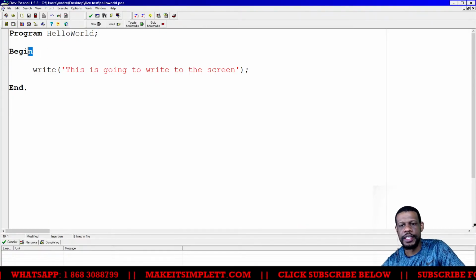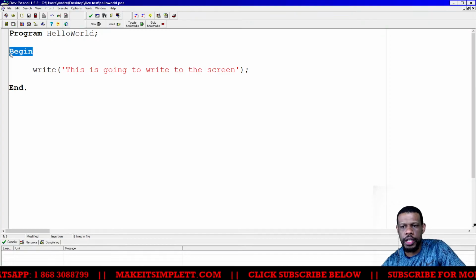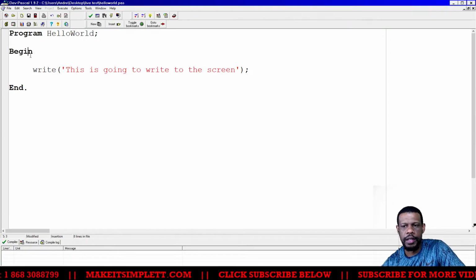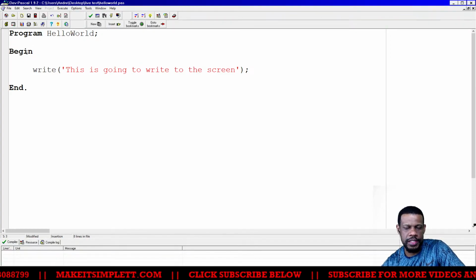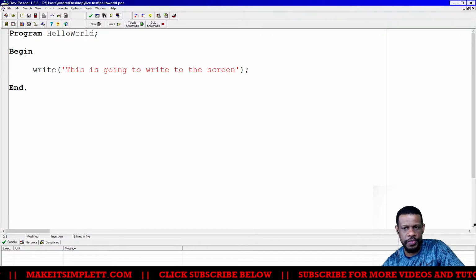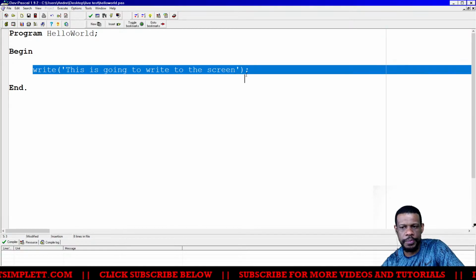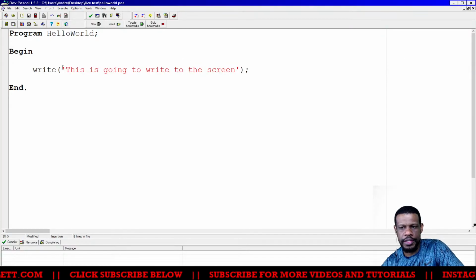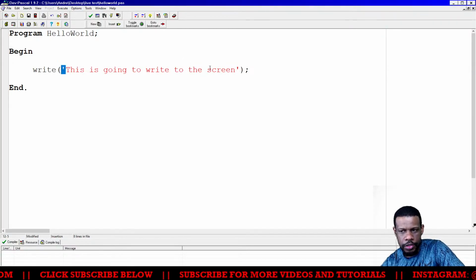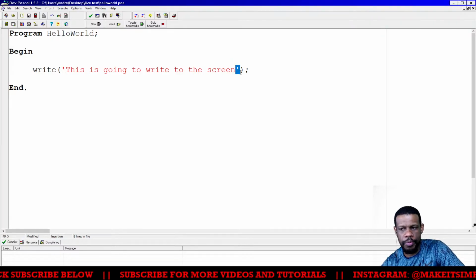Then you have begin. Begin is going to tell the compiler, this is where we are going to start giving you exact instructions for you to follow. So the first exact instruction I want you to follow is write on the screen. This is going to write to the screen. The single quotes tell the compiler, this is what I want to come up on the screen.